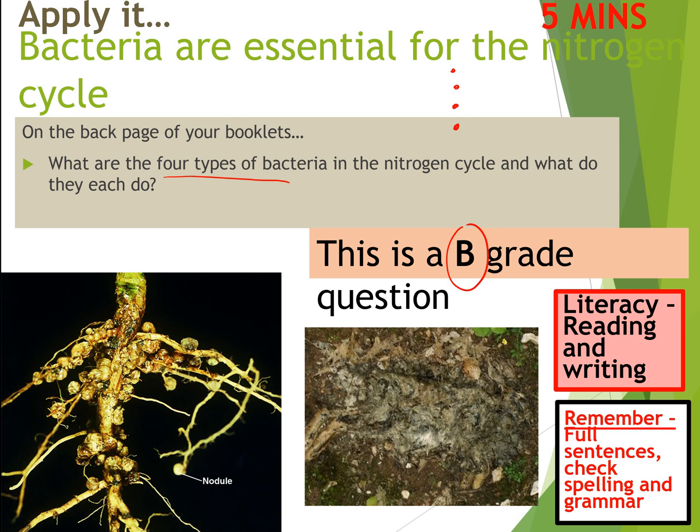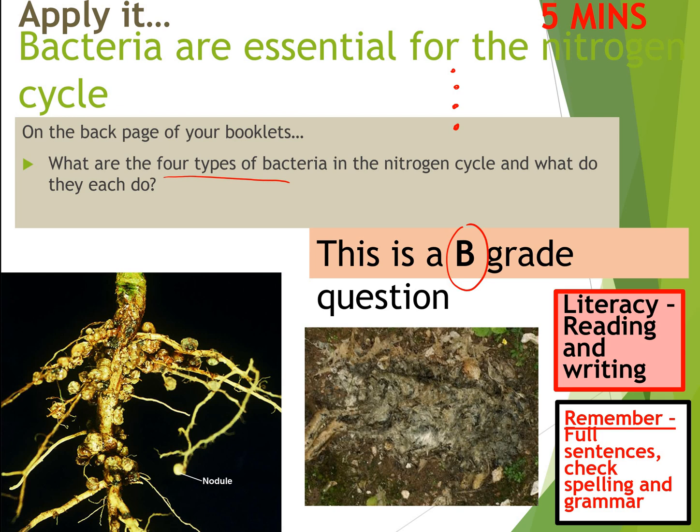So hopefully you should have come up with, from the previous cycle diagram that we've talked about, if we're doing it in the same kind of order, we would start off with the decomposers. So the decomposing bacteria and fungi, they take the urea or waste compounds or the protein and they turn them into ammonium compounds.